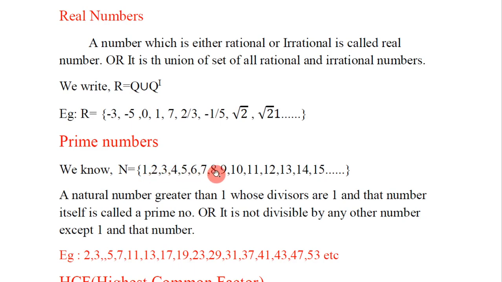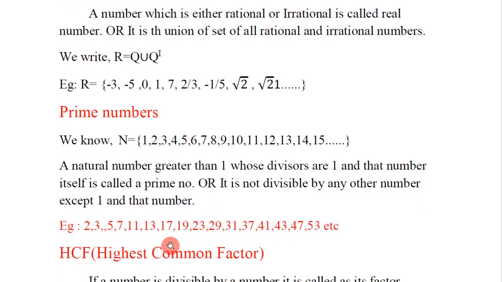So 8 is not a prime number, 9 is also not a prime number because 3 is a divisor of 9, 10 is not a prime number. Next 11. Then it is enough to check only the odd numbers because all even numbers have the divisor 2. Therefore, next 11, 13, 15 is not a prime number because the divisors of 15 are 3 and 5. So, in this way it continues.